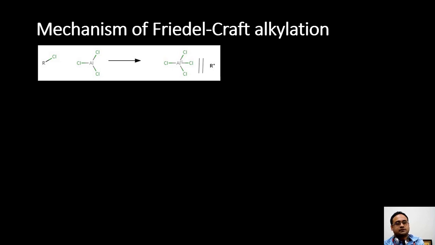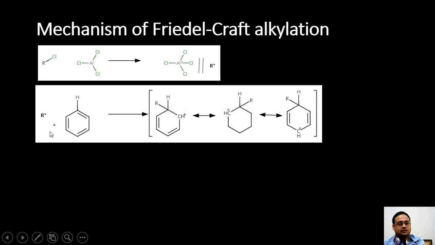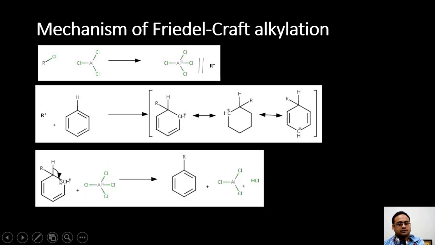Here the first step is slightly different because the electrophile that is generated is R plus. First of all, the alkyl halide is reacted with aluminium trichloride. This results in an ion pair formation in which R plus is formed transiently. This R plus, because it has electrophilic properties, is attacked by the aromatic ring to give a similar intermediate species where the carbocation is delocalized between the ring carbon atoms, and this intermediate then quickly loses a proton which is accepted by the tetrachloroaluminum species to give us the alkylated benzene, and we get the aluminium trichloride back along with HCl